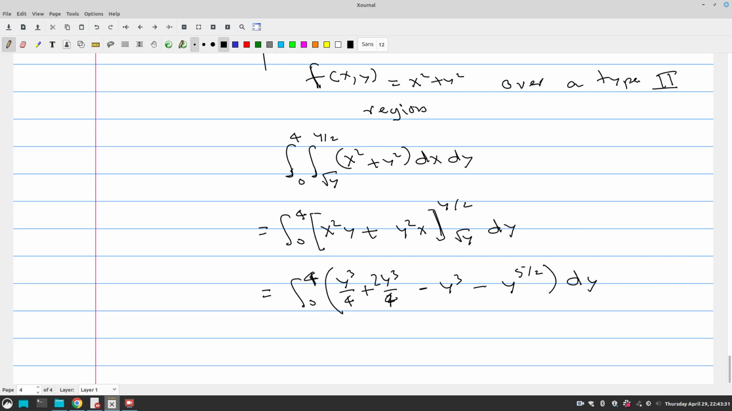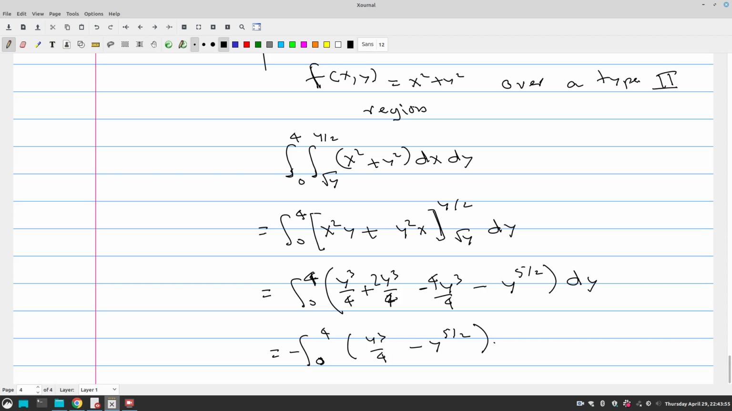It's 4y cubed by 4. Of course, the function you're now integrating is minus y cubed by 4 minus y to the 5 by 2. So let's see if we've got this right. x squared plus y squared, x squared y,